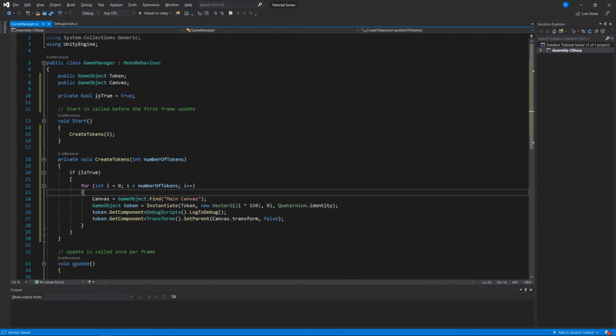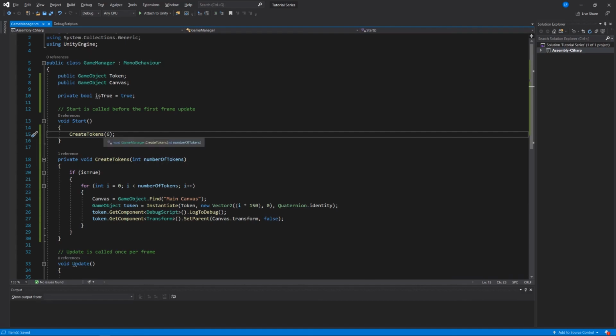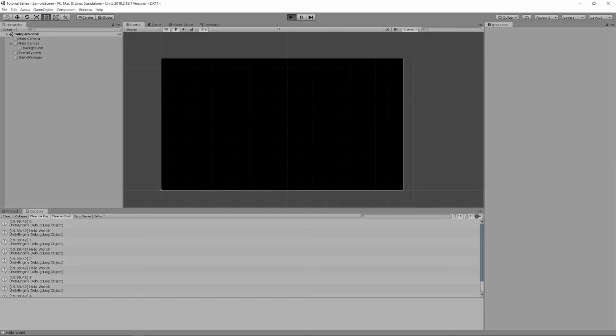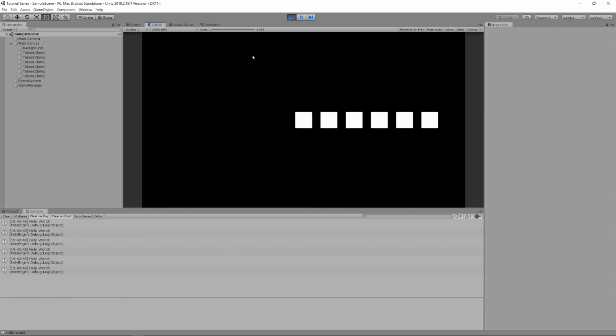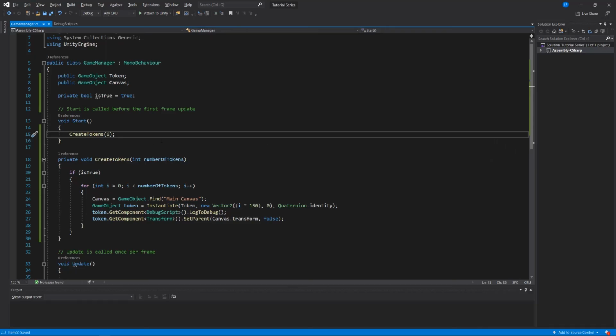Rather than it just being a static number, maybe we want to create 6 tokens. And so we pass in 6 as an argument to this create tokens function in our start function. And now when we get to when it's called, we pass in this number 6, and so I should now be less than 6 rather than less than 5. Let's see if that works. We hit play, and yeah, that's happening just great. We have 6 tokens instead of 5. We could do 7, we could do 10, we could call this create tokens multiple times, and perhaps, let's say, instead of this